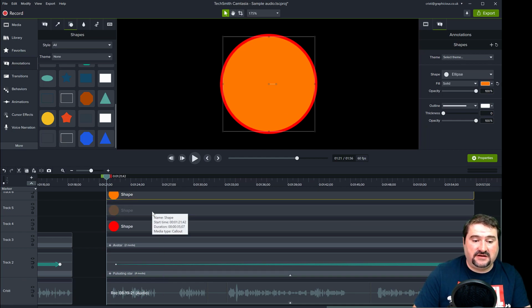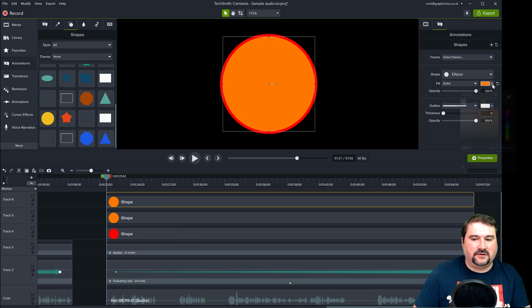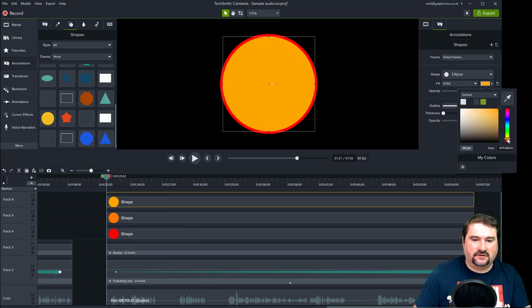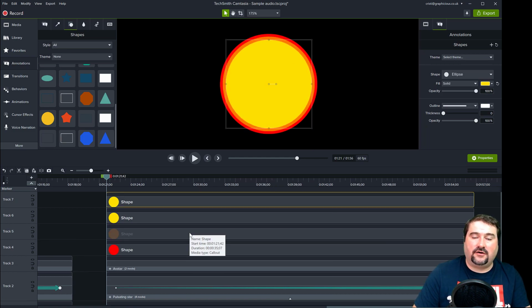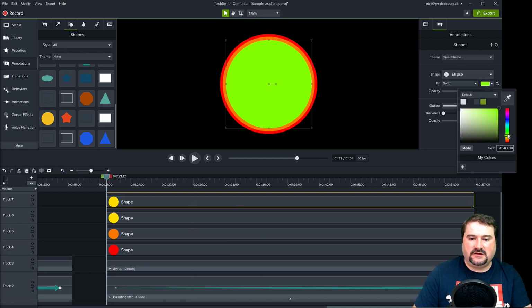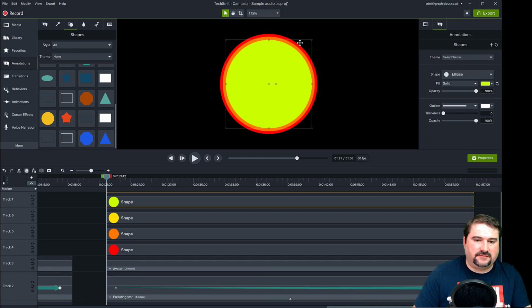Control-C, Control-V again, go up, and let's make this one yellow. Okay, so we're gonna go through the sort of audio spectrum. So this is kind of yellow right there. Okay, again, make it smaller. So Control-Shift, make it smaller, and then Control-C, Control-V. Don't worry about all these layers. We're gonna hide them in the end. This one is actually gonna be kind of green, greenish yellow like that. Okay, finally, let's just make it a little smaller again.